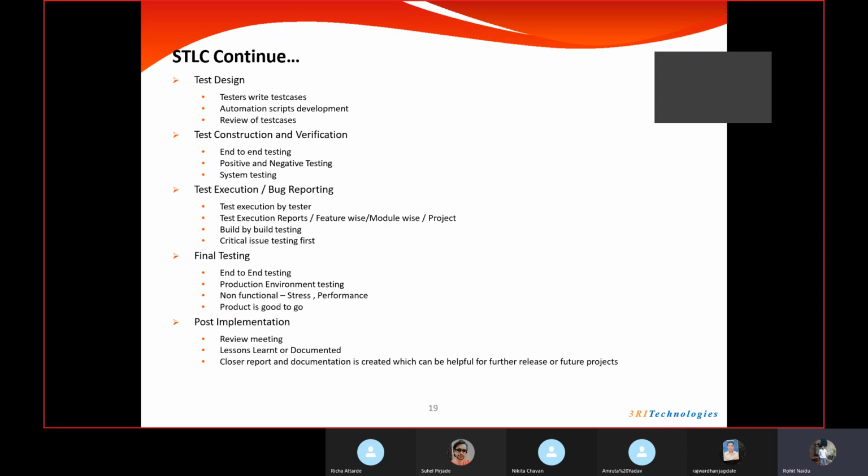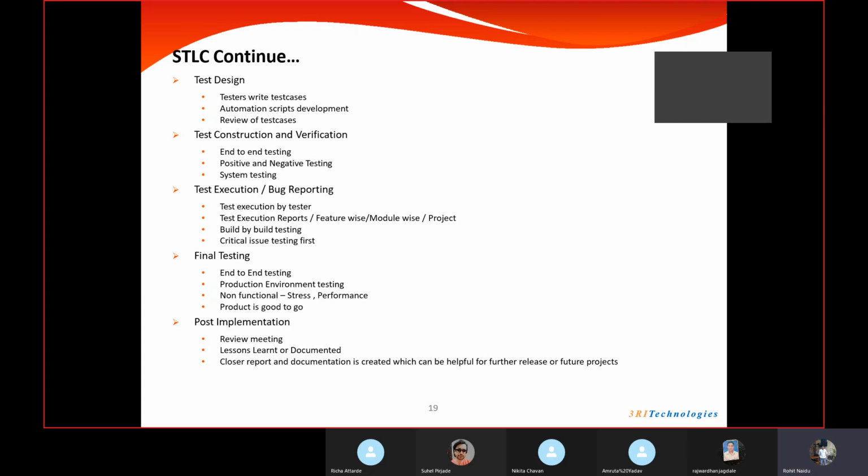So in the test design phase, as I said, this is also called the test preparation phase. So in this phase, testers write the test cases, and at the same time automation team will develop the test scripts. Like they will automate the application, and the review of test cases will also be done. Like review will be at certain levels. Like if you write a test case, your fellow team member can review it, or your test lead can review it, or the team from the client can review it. Anyone can review your test cases. Okay. So that will happen in test design section, like the preparation phase.